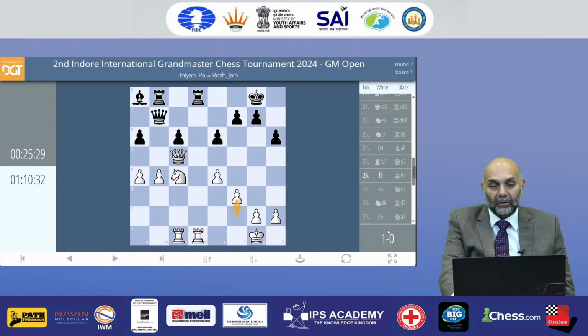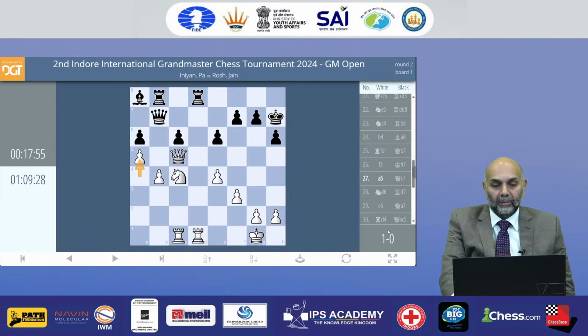White has time to save the c4 knight in between. So we can look at a variation: rook into d1, rook into d1, queen into b4, then rook d8 check, and king h7, and then white could exchange the queens, and then eventually the bishop would be lost, as it has very few squares, and the game would be lost. Yet that might have been a better recourse than this, because now white is playing further.